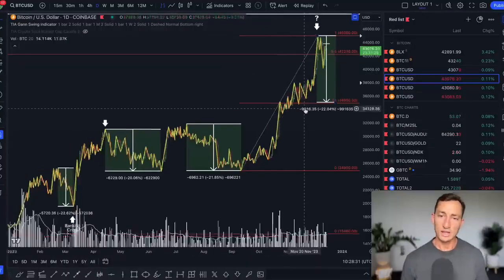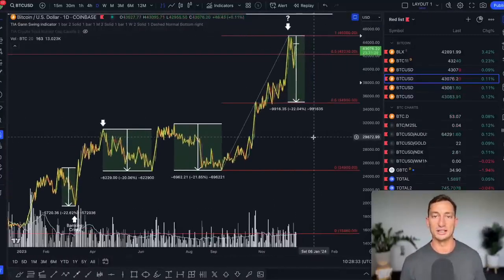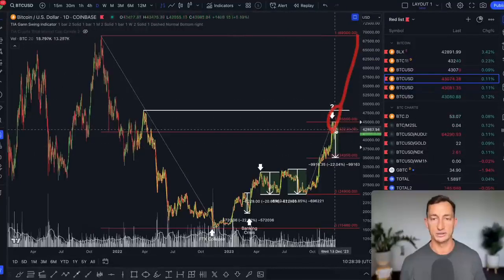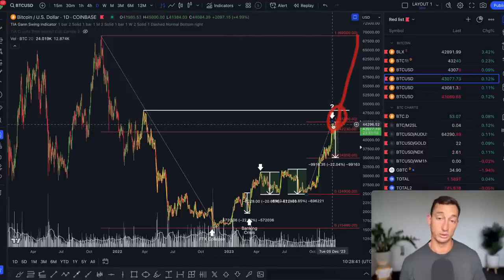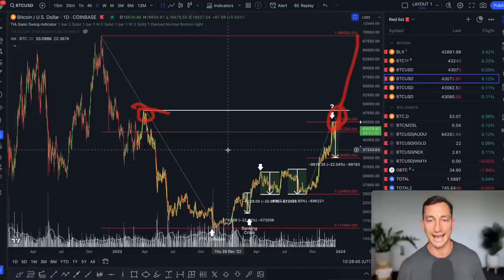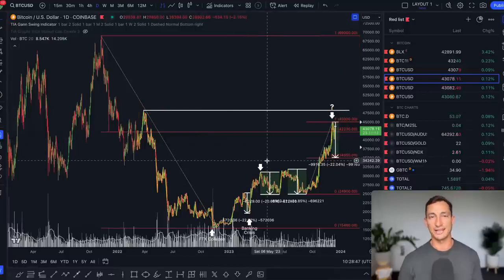So I'm still of the view nothing has really changed here that makes me think that this market is about to go and shoot up and test fresh highs. We're still in this zone here between 42, 40, and 45 at the moment, and it can still attempt the 48K level. But I don't think that gives too much to the rest of the market.